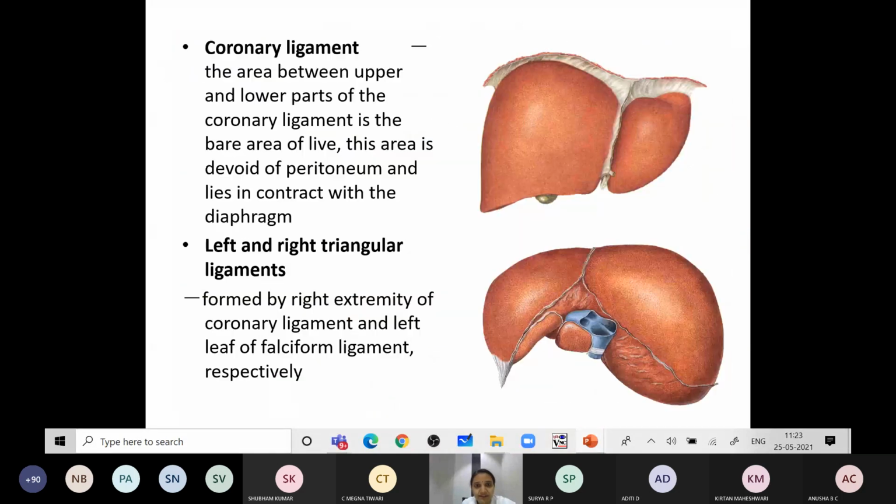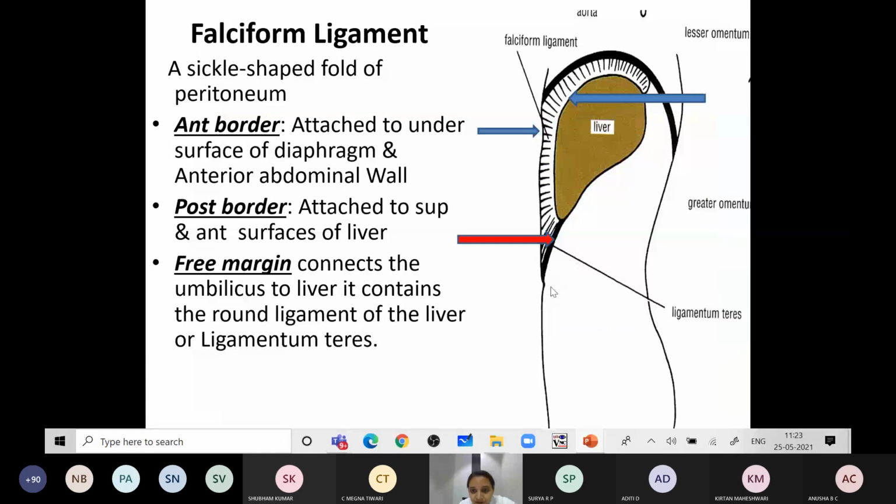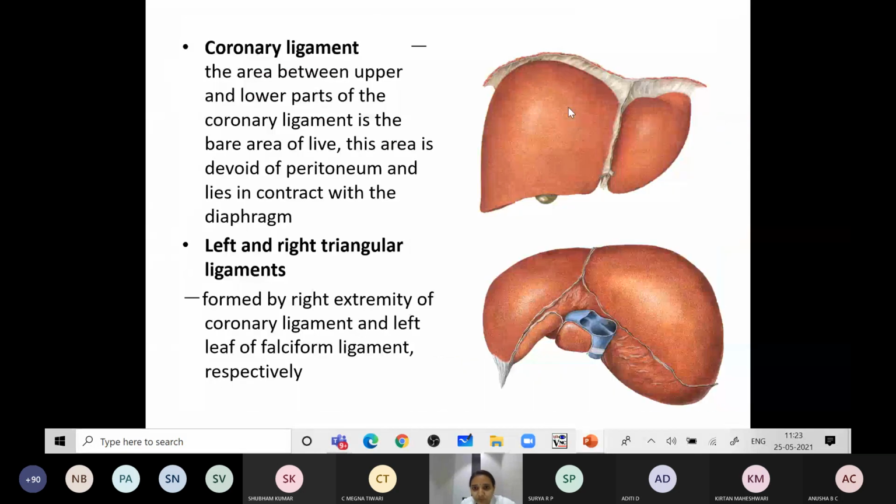We have seen the falciform ligament. We start from the umbilicus. From the umbilicus, the falciform ligament stretches from the undersurface of the anterior abdominal wall to the liver and the diaphragm. This falciform ligament has two layers, as already I have discussed. The left layer will cover the anterior surface, superior surface of the left lobe and forms the left triangular ligament, reflected over the diaphragm. This is the diaphragm.